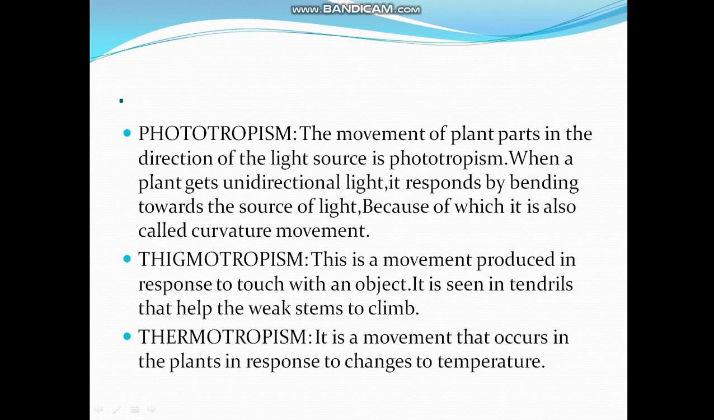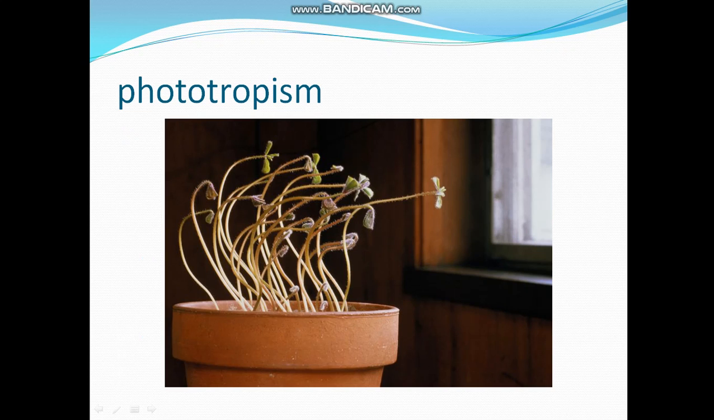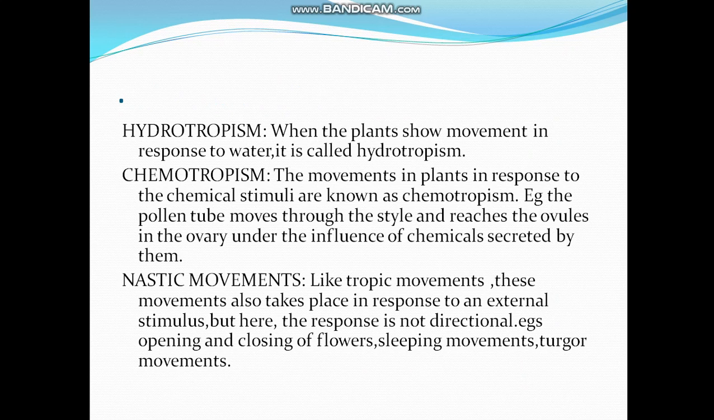The next tropism is thigmotropism. It is a movement produced in response to touch with an object. It is seen in tendrils that help the weak stems to climb. Thermotropism is a movement that occurs in plants in response to temperature. You can see the diagram of phototropism where it is bent towards the light. Hydrotropism: when the plant shows movement in response to water, we call it hydrotropism. Chemotropism,